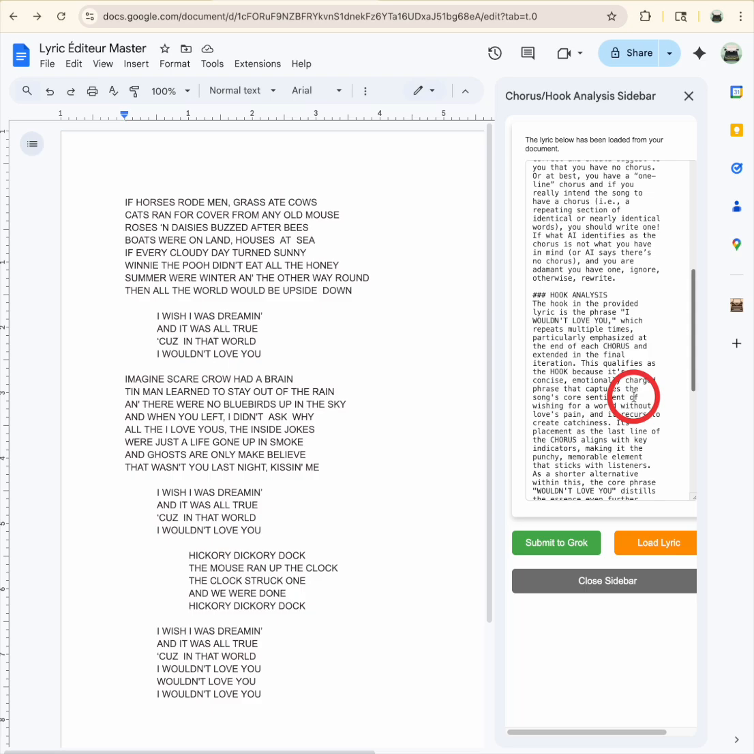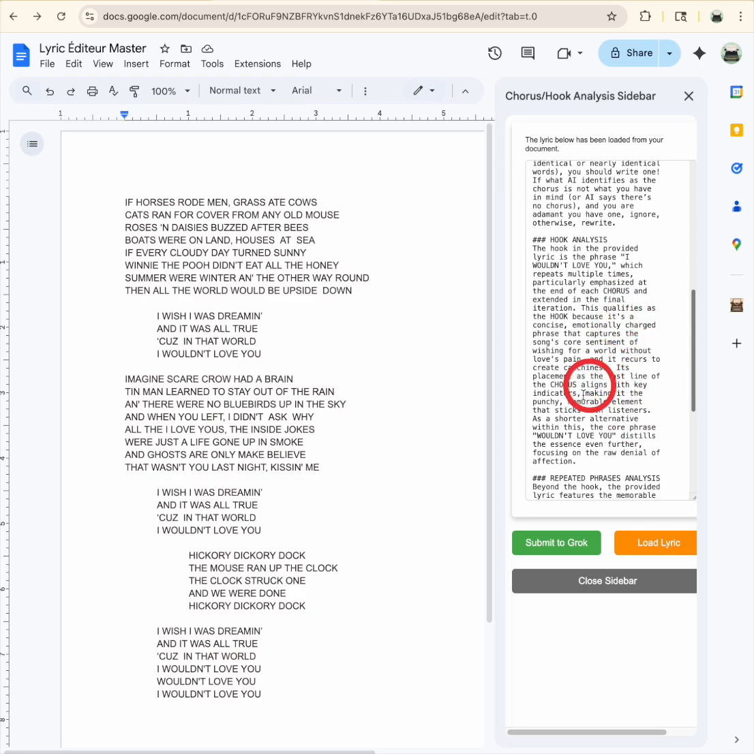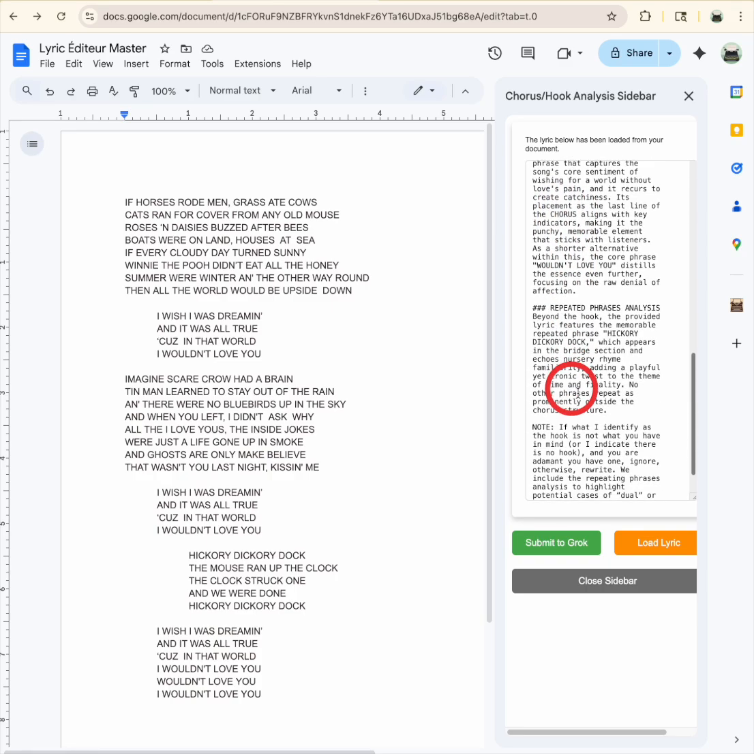We ask it to look inside what it thinks is the hook for a shorter one, and it picks up that shorter one as "Wouldn't Love You," and in this case, that's actually what we think is the title of the song. It goes and looks to see if there's any repeated phrase. Now, why do we do this? Because sometimes